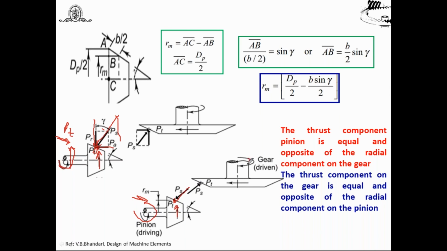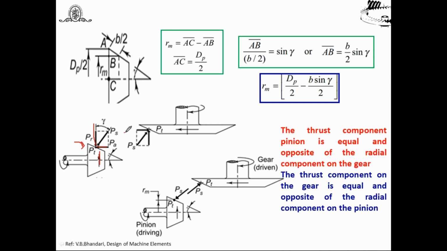And again, look at this in the driven gear. Again, the arrow is shown in this direction, but don't get confused. It's not in the direction as I have told you. For a spur and helical gear, PT acts along the direction of rotation. That's why here it's okay. In this figure you can observe the direction, but in the pinion you can't observe it in any of the figures. Maybe in the pinion or a gear you can observe the proper direction in a 2D plane. Try to understand this one thing while indicating it on paper. Then this PT, even though it's opposite, is opposite to the direction of rotation. This is PR, this is PA.